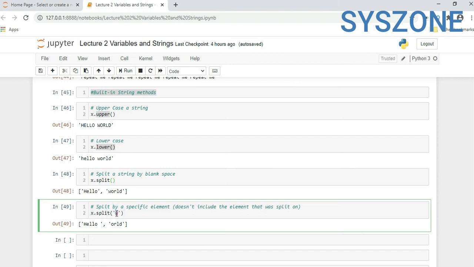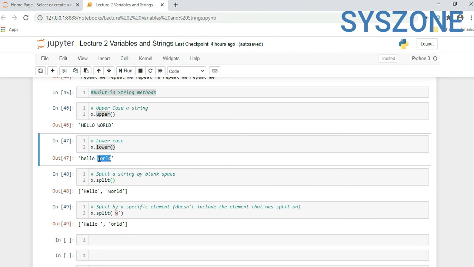Similarly, if you want to try another parameter from where you want to split, split by a specific element does not include the element that was split on. So here it is w. From this string, if you see, w is at this position. In the first string, if you see, it is split till here.